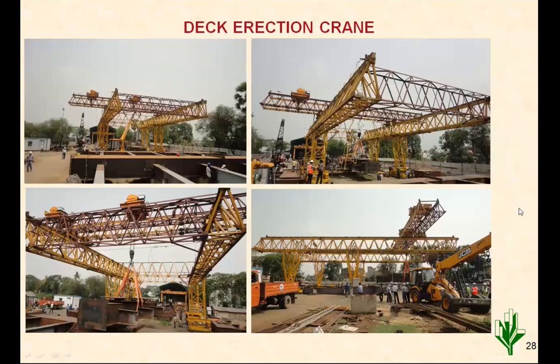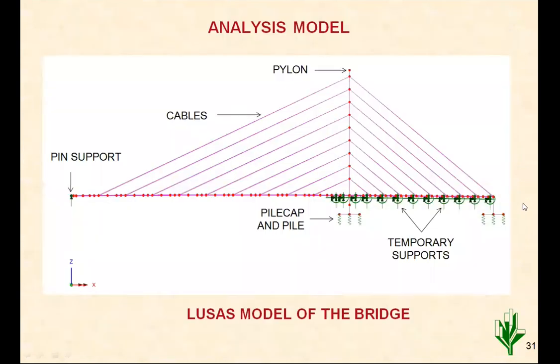These are photographs we have seen, then video we have seen. So in analysis, whatever planned construction sequence there is has to be captured. So the backspan is constructed, and those are placed on the staging itself. So staging has to be modeled, then staging beams, etc. Those need to be modeled. Then the pylon, cables, etc. as a regular thing in the model. Then the segment by segment erection is also modeled in any software.